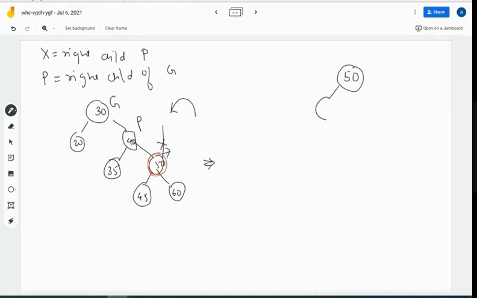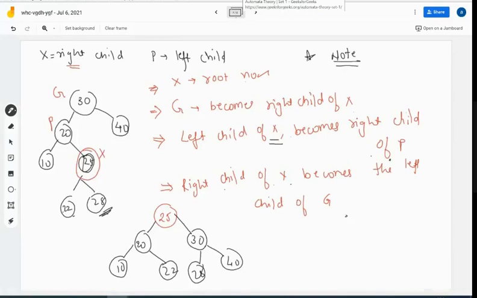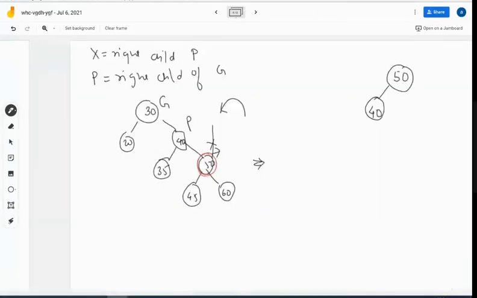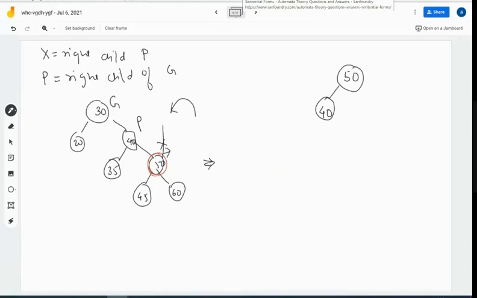Then 40, which was the parent, will now become the left child. The same thing over here, which is written, the only now right child of X becomes the right child of P. In this case, it is a left child we have to consider now. So this will come 40. आपका right child 60 हो जाएगा because 50 was having the right child as 60.